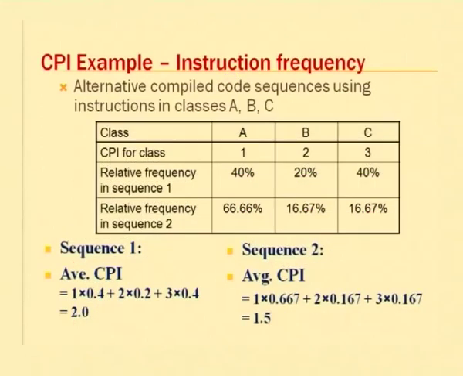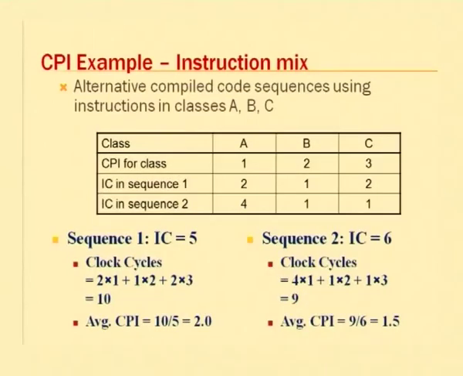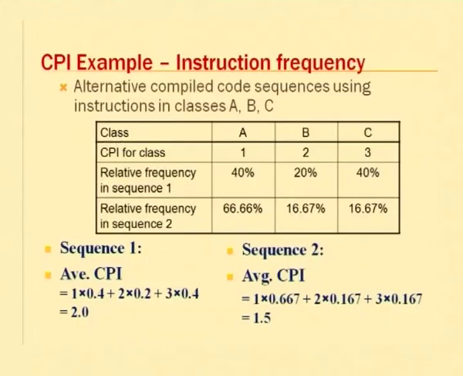So, let us look at the same thing from an instruction frequency point of view. What do we have here? The same CPI values I am using for the 3 classes of instructions A, B and C. The only thing is I have now written the same values in terms of relative frequency. For instance, in the previous example, 2 out of altogether 2 plus 1 plus 2, which is 5, instructions are of type A. So, 2 by 5, that is about 40%. So, 40% of instructions are of type A, 20% of type B, 40% of type C.